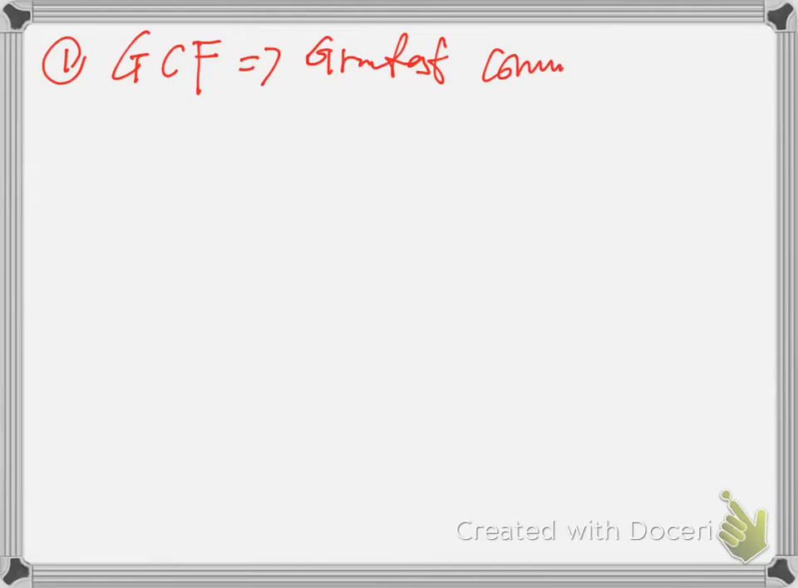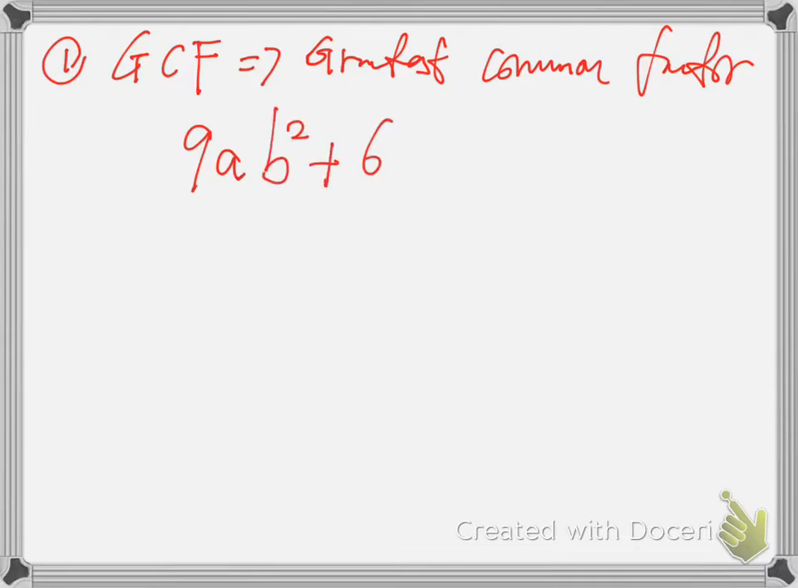So now we have 3 factoring methods. Let's talk about the first method, the GCF method. This is the greatest common factor method. It's similar to the greatest common factor method for numbers. Let's look at our first example. G is greatest, common factor, GCF. So our first example is we want to factor this: 9ab squared